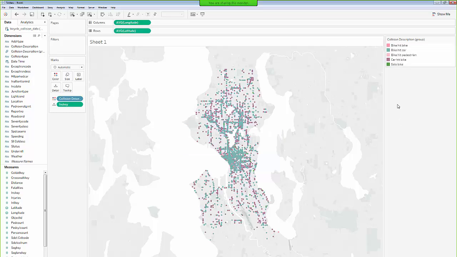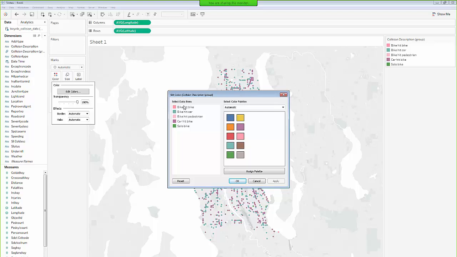Okay, so now you see that I have far fewer descriptions, and they make a little bit more sense. They're a little easier to read, but the colors are still kind of gross. So I'm going to come back here to the colors. I'm going to edit the colors, and notice that I have only a few to work with now, so it's a little bit easier. So I'm going to start with a car hit the bike, because to me, that's the